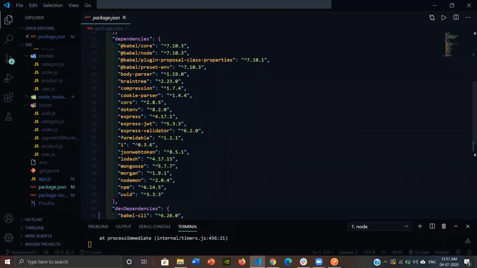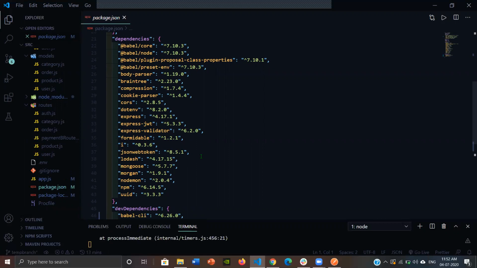We have used cookie-parser for creating cookies, dotenv, express-jwt, express-validator and jsonwebtoken for the token things, mongoose as the ORM, and UUID for creating unique IDs. Babel is just for implementing ES6 features.